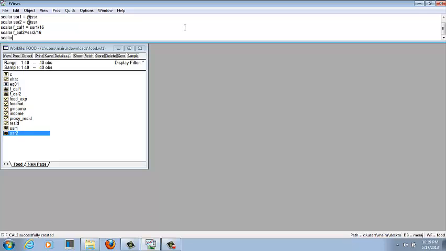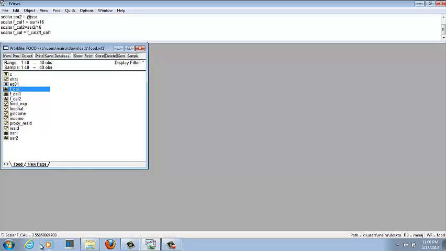So scalar f calculate is equal to f calculated 2 divided by f calculated 1. So here we go. We successfully calculated our f value. Let's check. It is 3.5586.